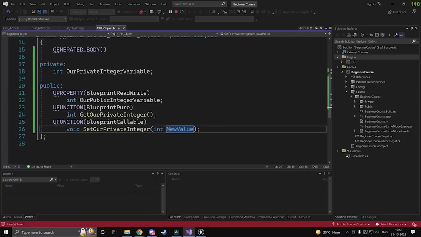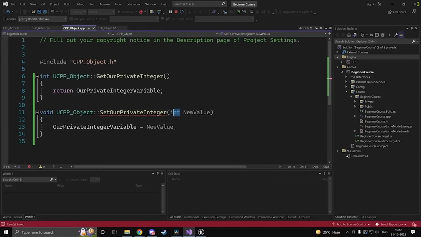Now what if you wanted to take a value by reference? Now this is passed by value and it will work. You could try it out. Not really going to waste my time to show it. If you actually want your value to be passed by reference, you use this macro known as UPARAM. So UPARAM(ref), and then you use an ampersand over here. So copy this, do the same thing in your CPP, and now if I go ahead and actually build this once again,